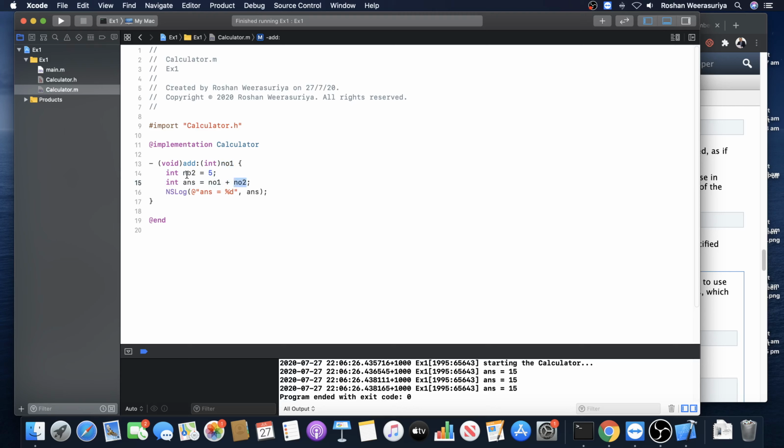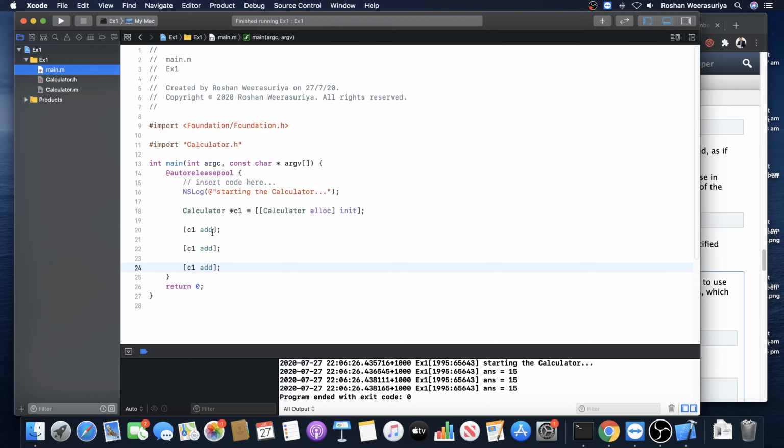So then the rest is the same. So this is how you pass a parameter. So this is how you declare a parameter, right? Then how do you pass it? That is when you call the method. So now when you call the method,